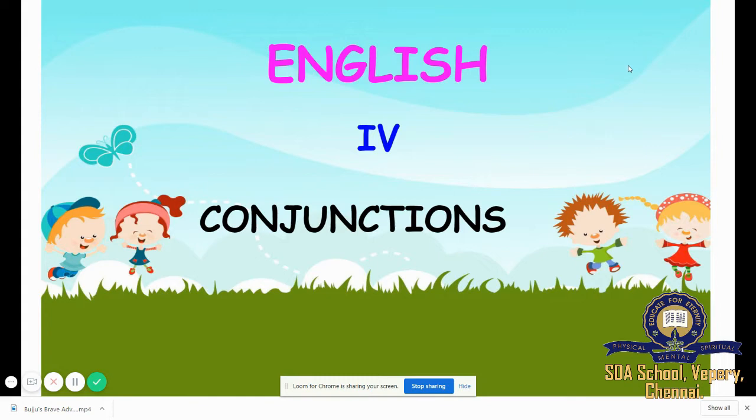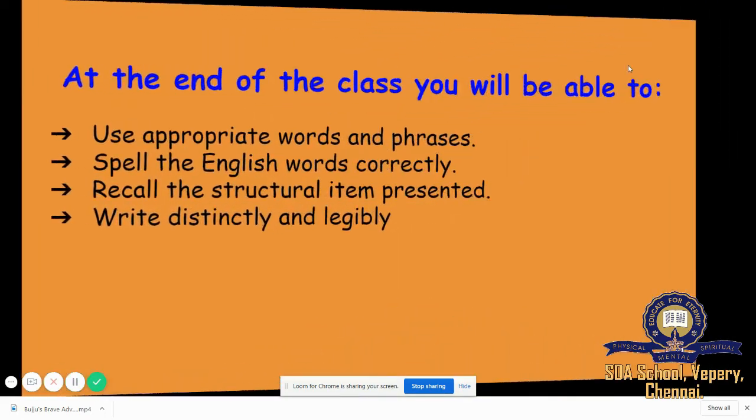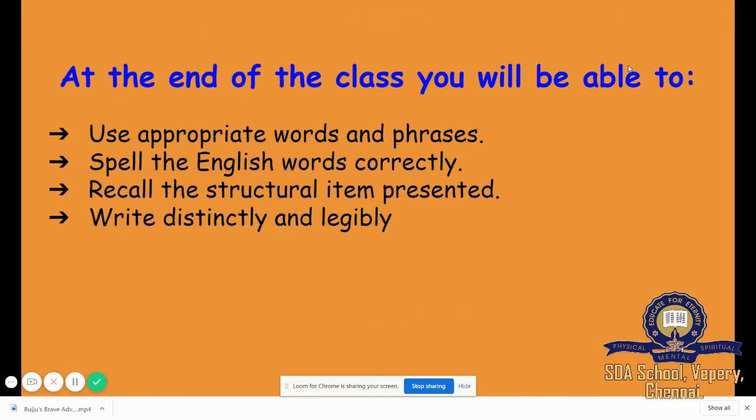In today's class, we are going to learn about conjunctions and how to use conjunctions in sentences. So, are you all ready? Yes? Okay. At the end of the class, you will be able to use appropriate words and phrases, spell the English words correctly, recall the structural item presented, write distinctly, and